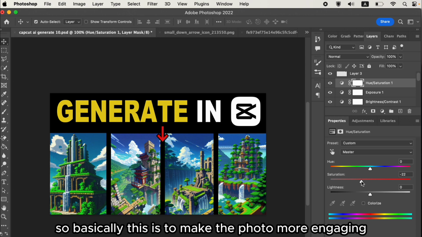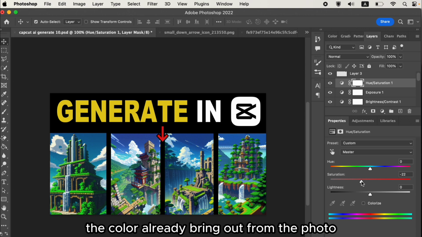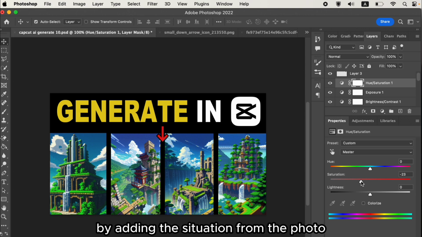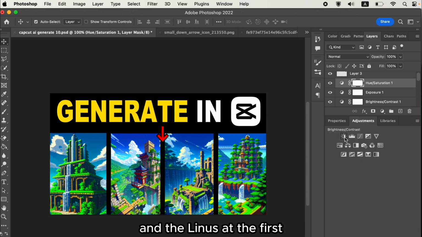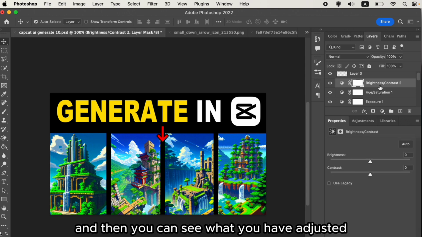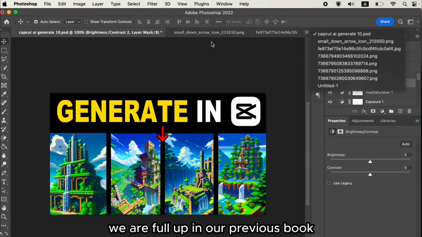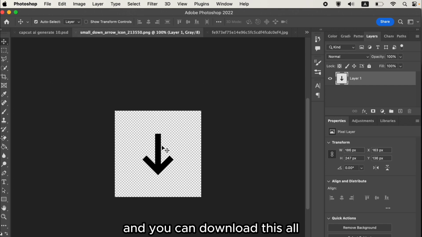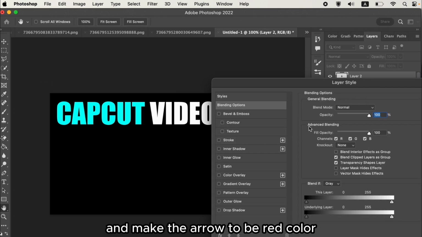So basically this is to make the photo more engaging. As you can see, the color is already brought out from the photo by adding saturation, and also adjusting the contrast and the lightness. So you can adjust, and then you can see what you have adjusted in the layer panel. So basically we will follow up on our previous work, and you can download this arrow. Just take the arrow and put it here, and make the arrow red color